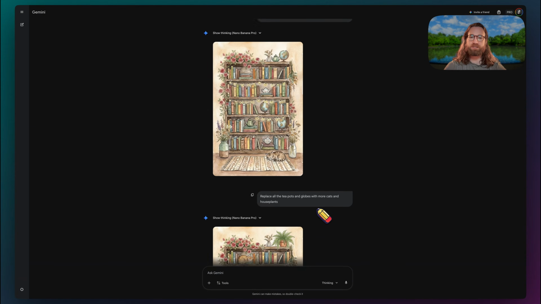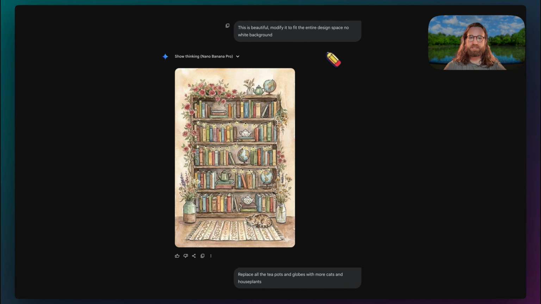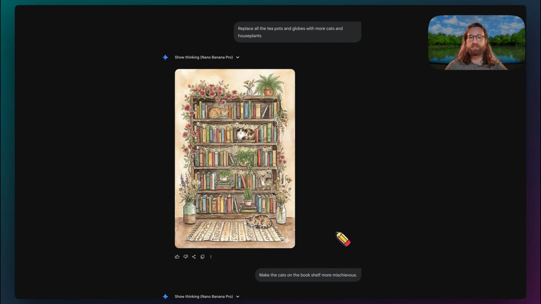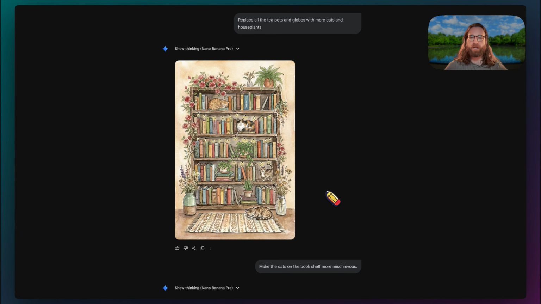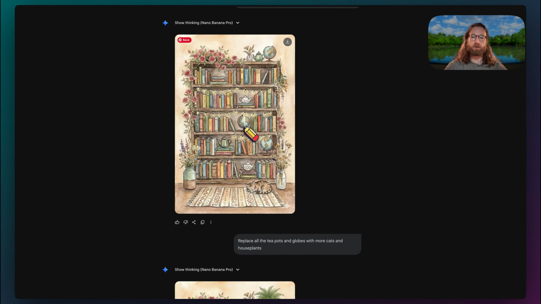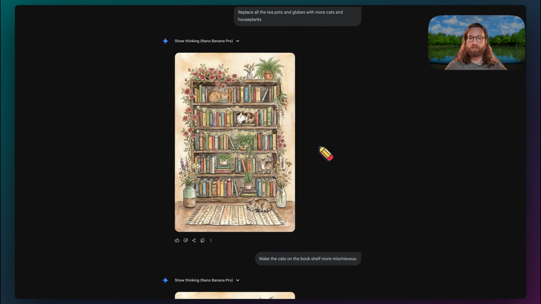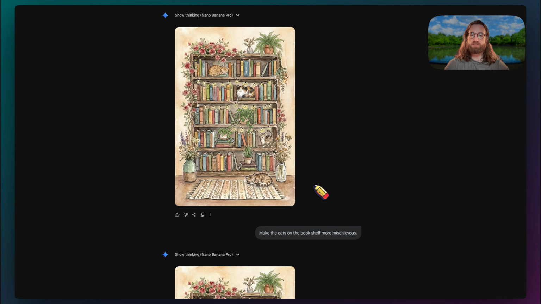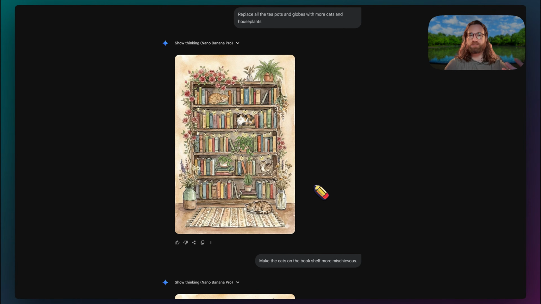And so I went down here and I was like, fit the entire design space with no white background. So then it added in different watercolor walls and flooring and stuff like that. Then I said, replace all the teapots and globes with more cats and more houseplants. So we went from this globe and teapot style to now cats being all over the shelves. And I think this is just awesome. It also added in these houseplants. And so this is how we can truly direct the designs that we create, by just talking to Gemini